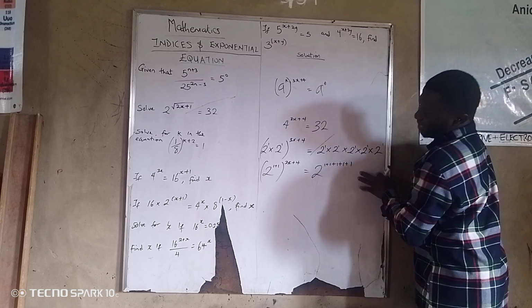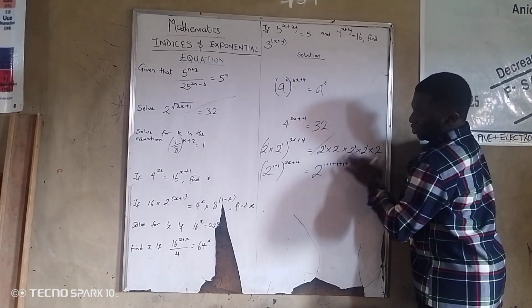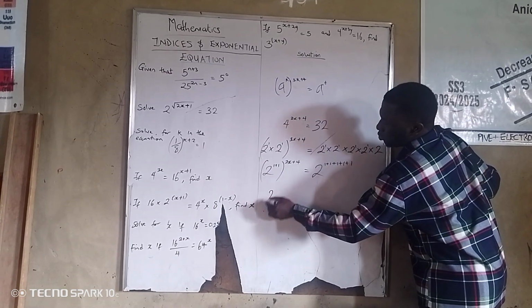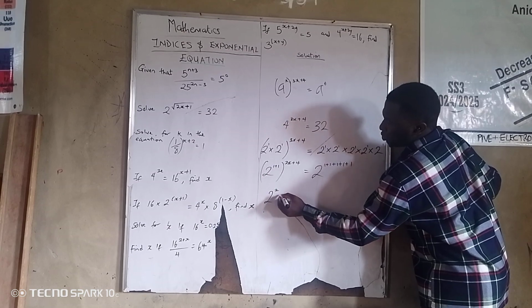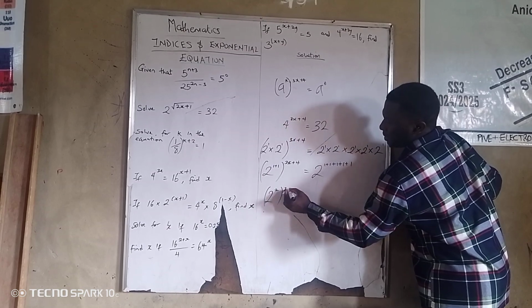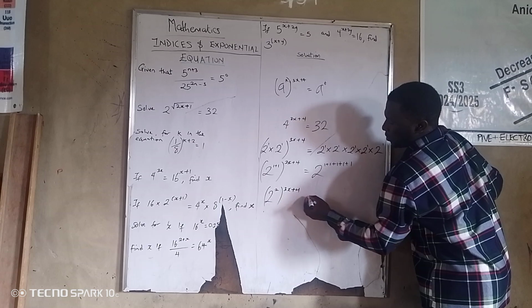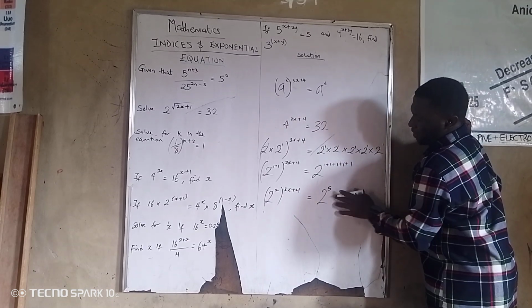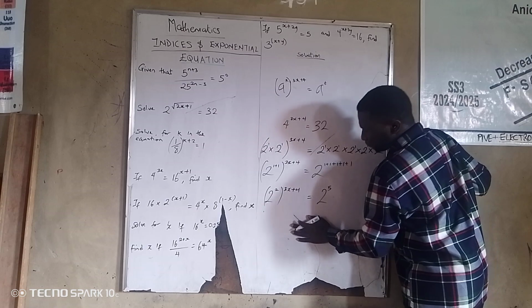Please, I may not explain this again when I start my explanation, but you should know why it is like this. Alright, so this will be 1 plus 1 is 2, 2 raised to power 2. Then you have 3x plus 4 equals 2, 1 plus 1 plus 1 plus 1 plus 1 is 5. Alright, so now,